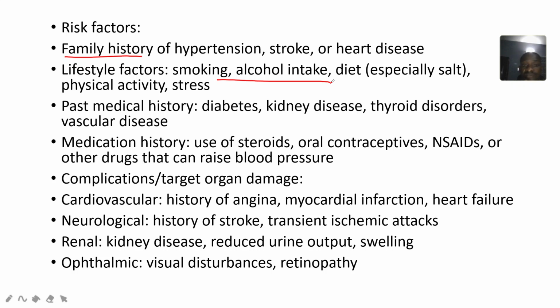And so past medical history, we are looking at if the patient has had diabetes, kidney disease, or thyroid disorders before, or vascular disease. Then also drug history, where we are trying to see if the patient has used steroids before, oral contraceptives before, non-steroidal anti-inflammatory drugs before. So complications and target organ damage, you are looking at the heart, if there's history of angina or myocardial infarction or heart failure. On the nerve side, you are trying to look at if they have had any stroke or transient ischemic attacks,